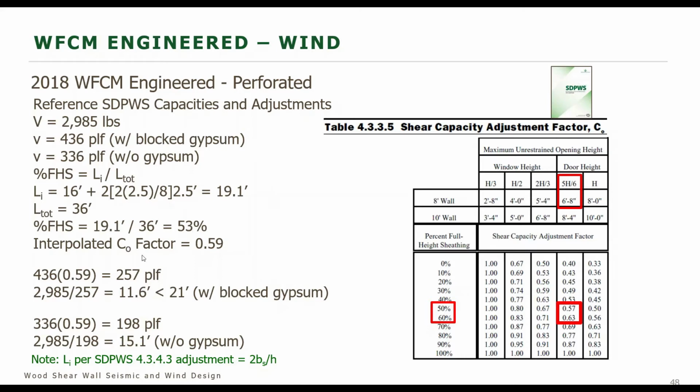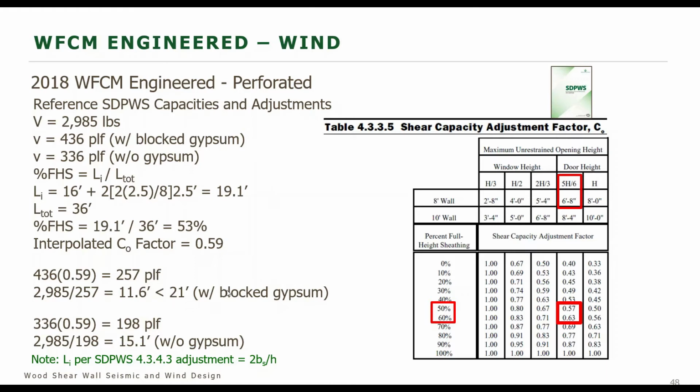So our adjusted wall capacity is 257 pounds per linear foot. Divide the demand by the capacity, and we see that we're required to provide 11.6 feet of full height sheathing, which is less than that 21 feet that we are providing, so we're good, and that's for the wall with